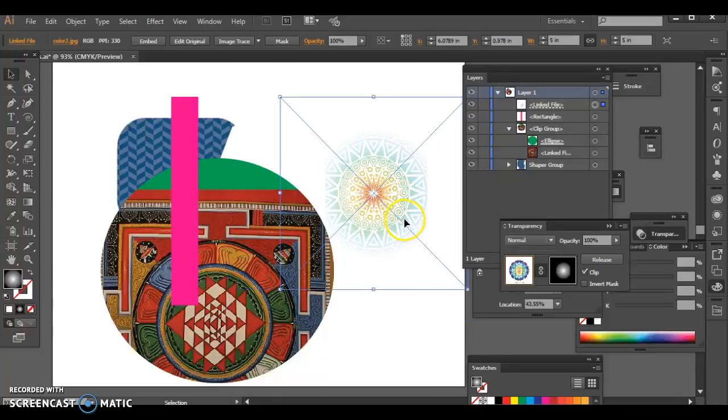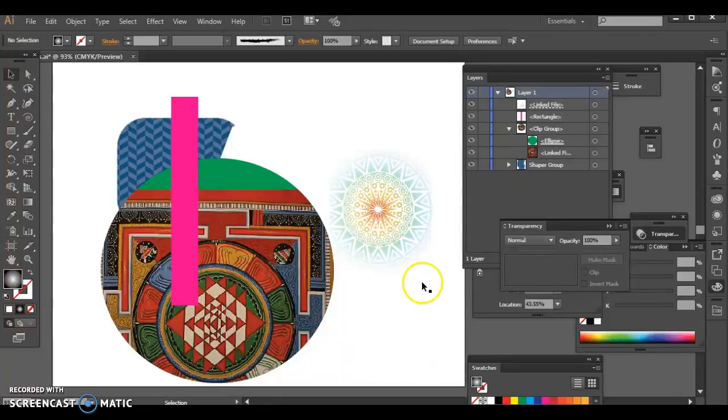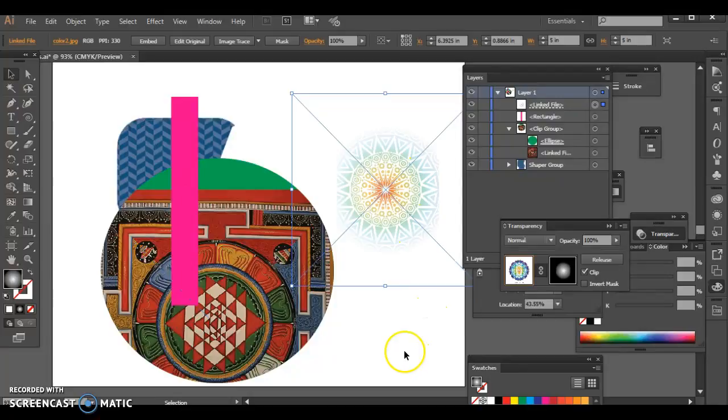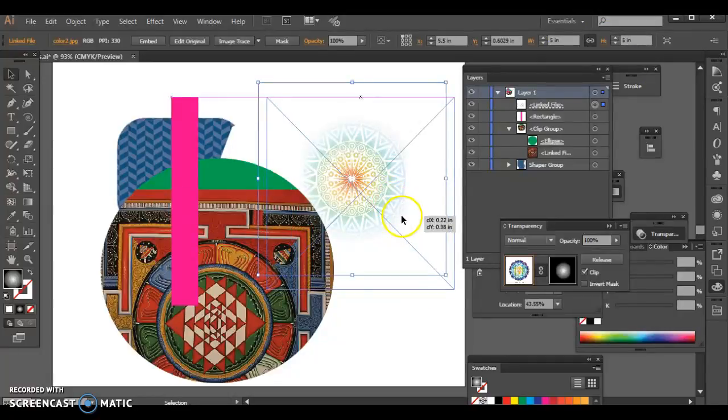I can move this as one. But this is a little bit deeper level of masking than we had with our clip group, but it's also so much more useful. So I don't know if there's another way that Illustrator has come up with to approach this program, or this functionality, I guess I should say, but you can really have a lot of fun with